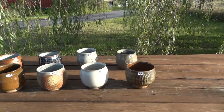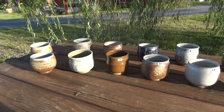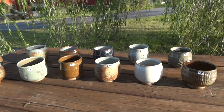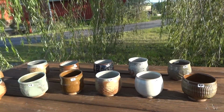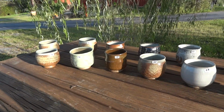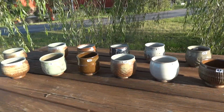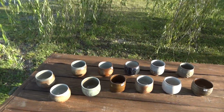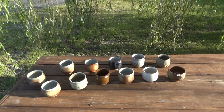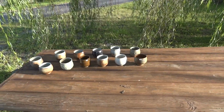Okay folks, there it is, a little T-bowl sale there. I've got more coming and some other tumblers. I've got a batch of tumblers in there. I just decided I think I'm going to put them up for sale, because my Etsy shop at the minute is like, I don't think I've got any pots on it actually at the minute, which means I've got to photograph them and la-di-da-di-da. So in a kind of a way, it's sort of simpler doing it like this for me. I just do a quick video, upload it, and then